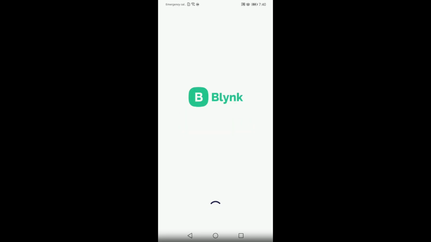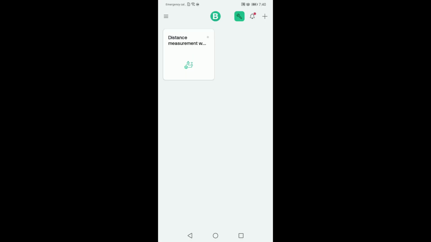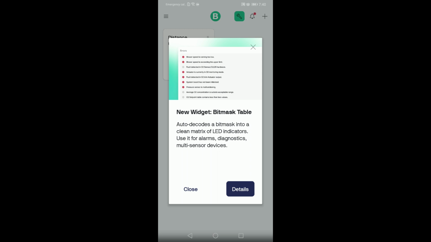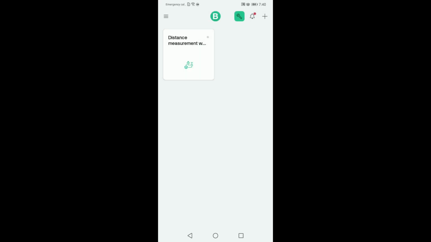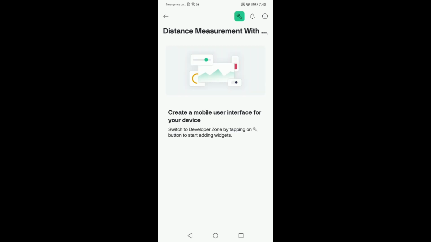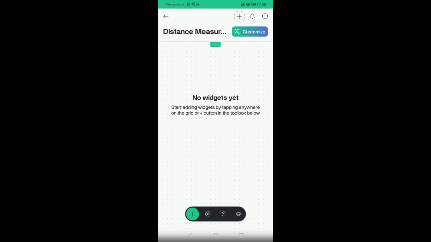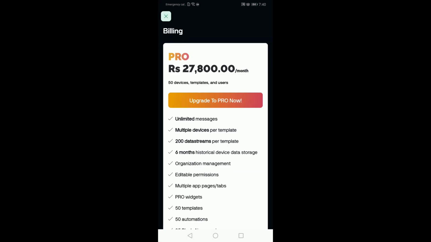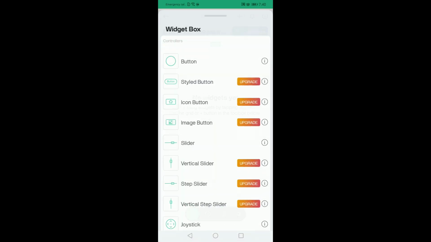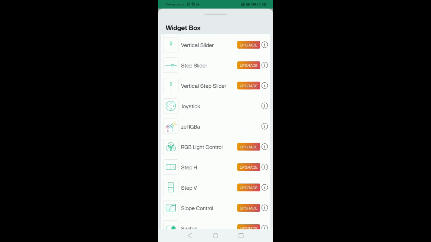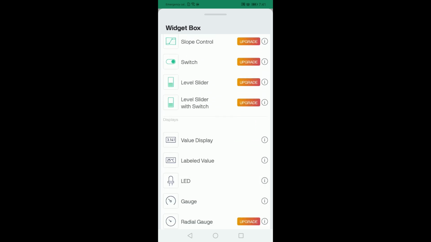Open the Blynk mobile app. Tap on your distance measurement with VL53L0X template. Then go to Develop. Add a gauge and button widget.